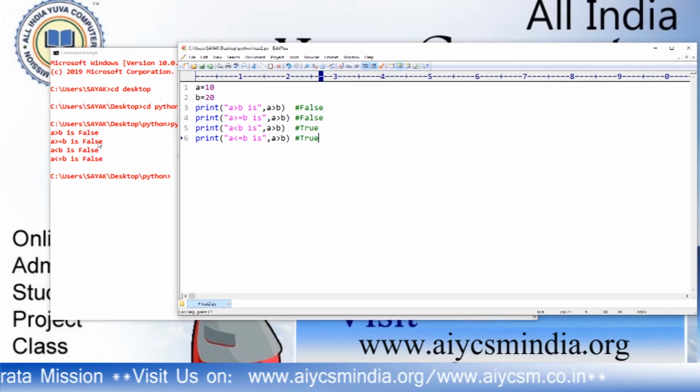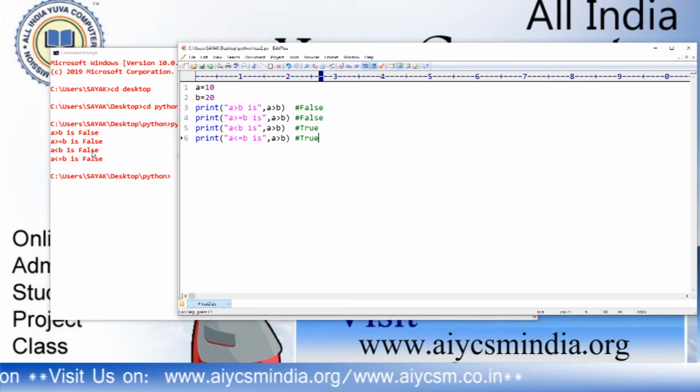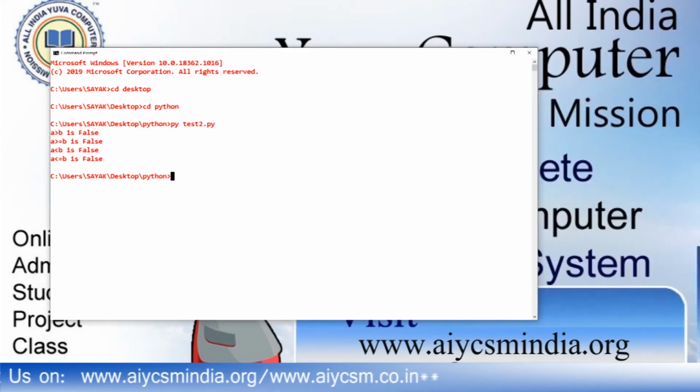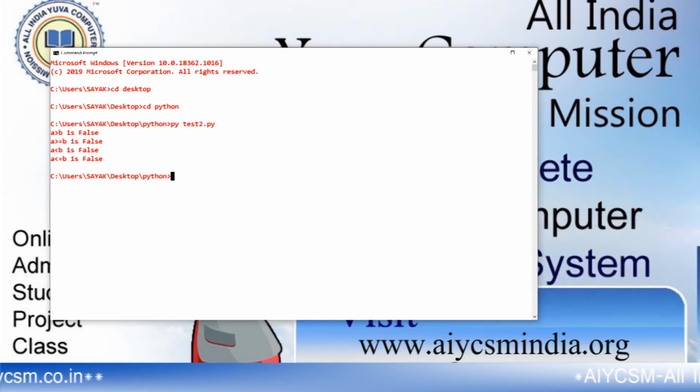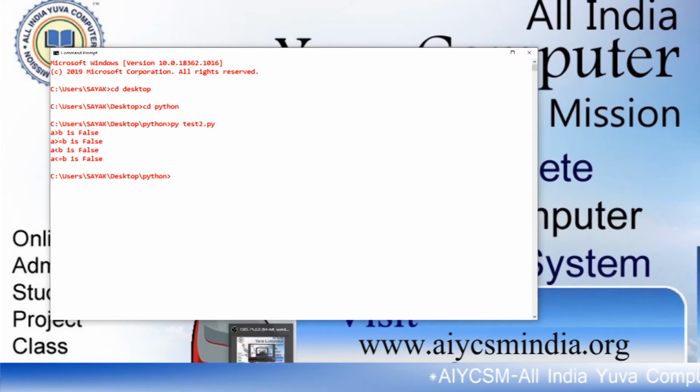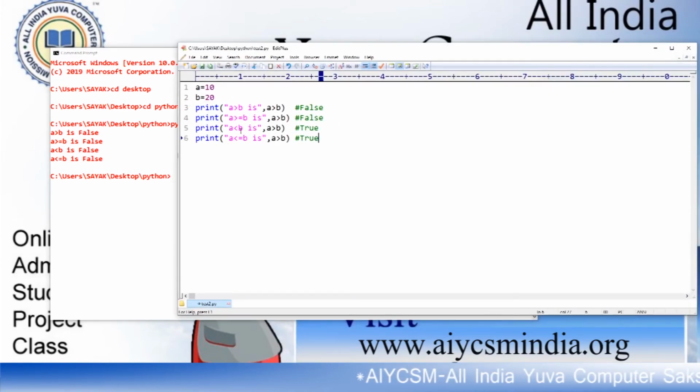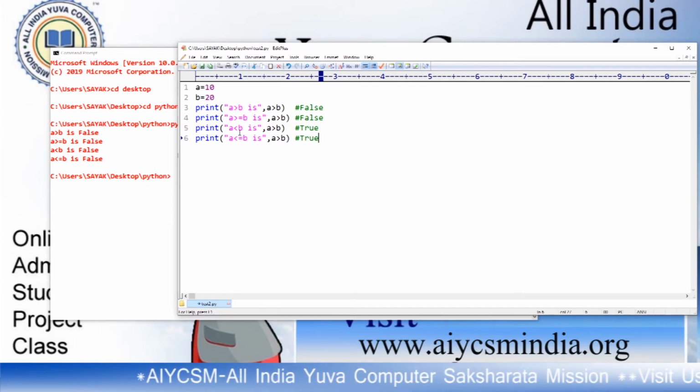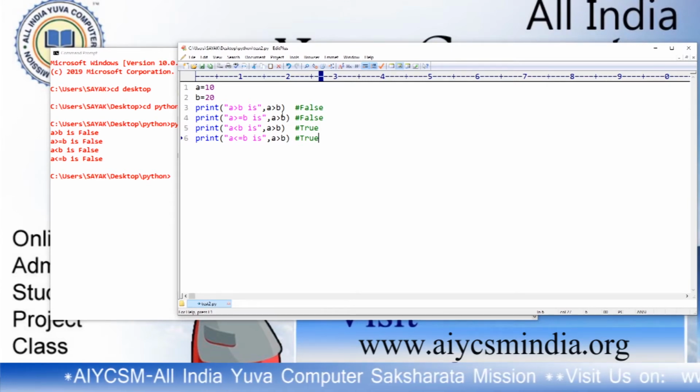It should produce the result that we are telling: the first one is false, the second one is false, the third one is also false, because a is not less than b. Oh, I forgot to change the value.